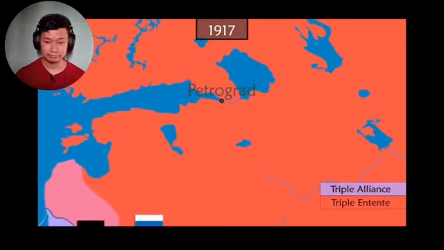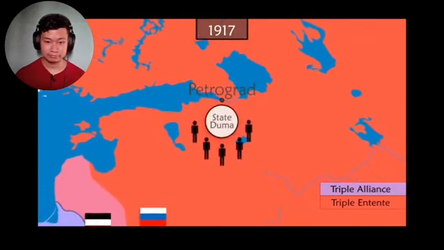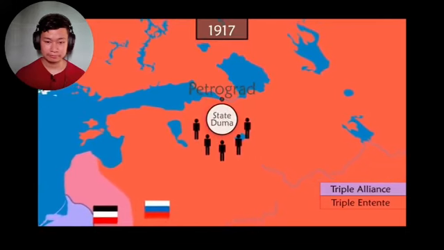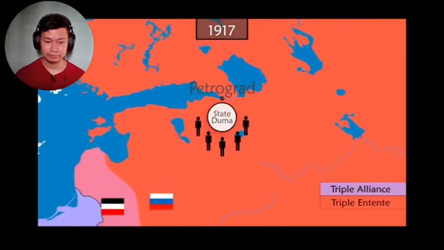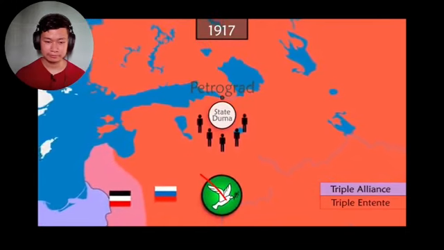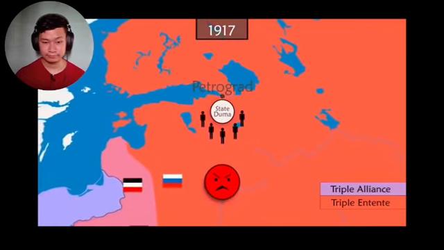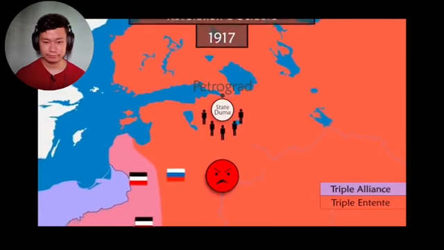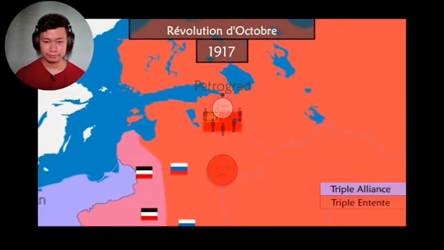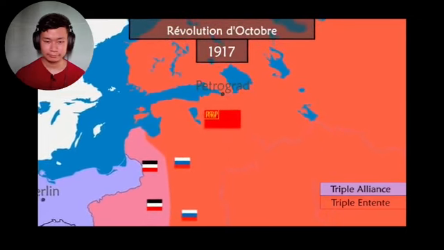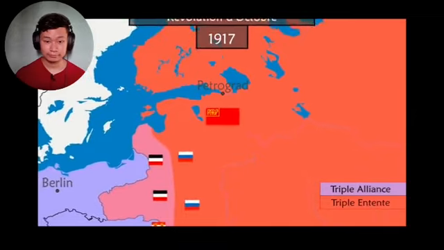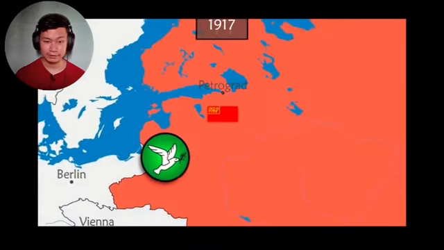A provisional government managed by the State Duma takes over. It tries to ease tensions, but chooses not to sign a separate peace with Germany. The war continues. The discontent within the population, too. A few months later, during a second revolution, the Bolsheviks, with Lenin at their head, seize power and directly sign a ceasefire with Germany.